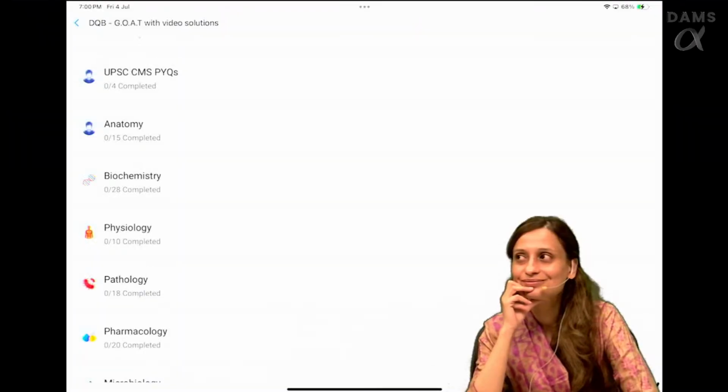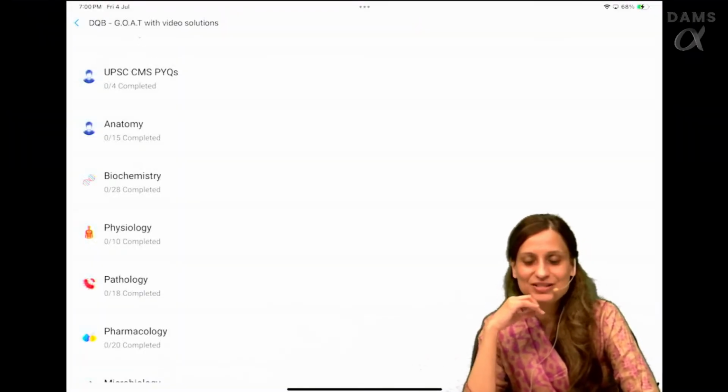So as I said, at the top, initially you will see the PYQ sections, and at the bottom there are subject-wise question bank sections, and within a particular subject you will see a wide variety of questions. Okay, I'm just waiting for the screen to be back. Right, so that is how you see the Q bank.